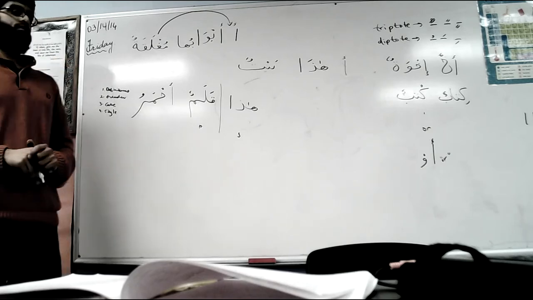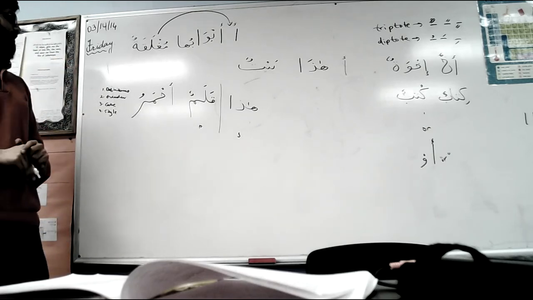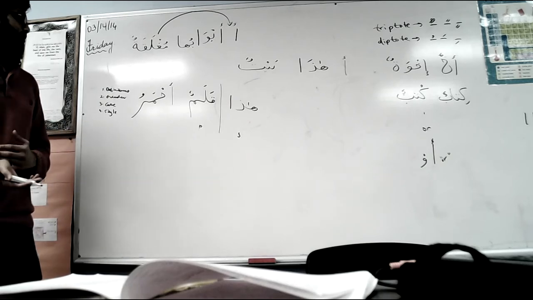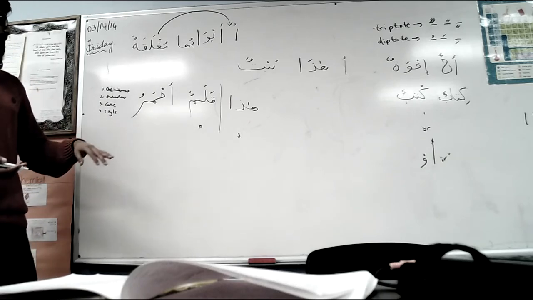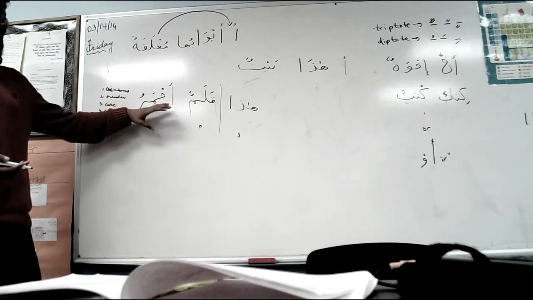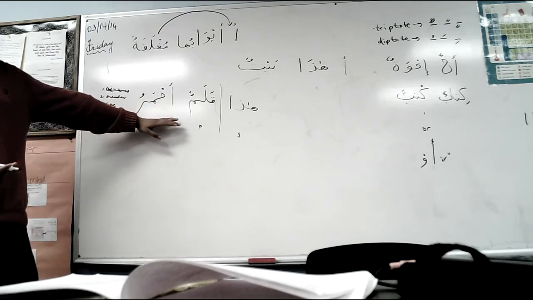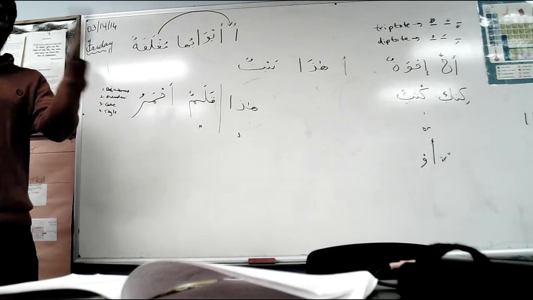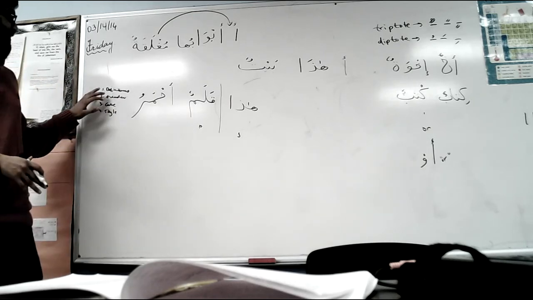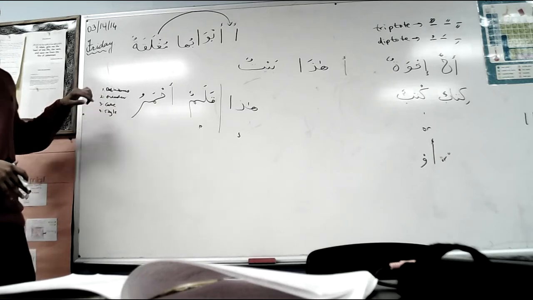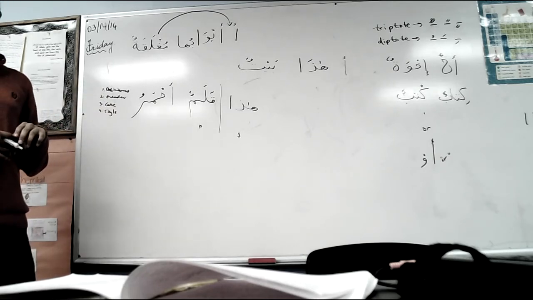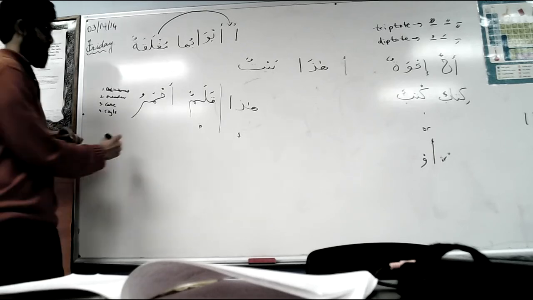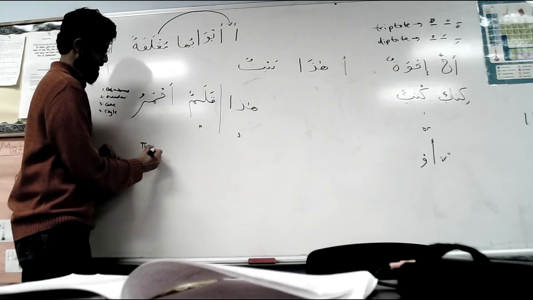You can't tell. No, actually, you can't tell, because if it was definite, what would it have? Al, right? So this doesn't have al. We're going to learn that this is only for masculine. If you want to say something is red, but you're talking about feminine, you have to change the pattern. But inshallah, we'll get there. But understand, Ahmar means it's red. Of course, it has to be red. Why is it not definite? It cannot be a different color.